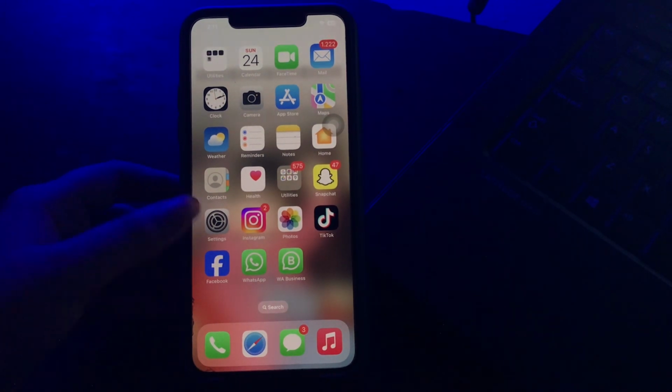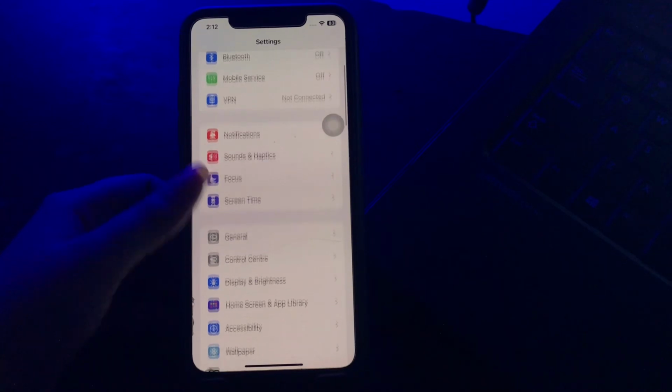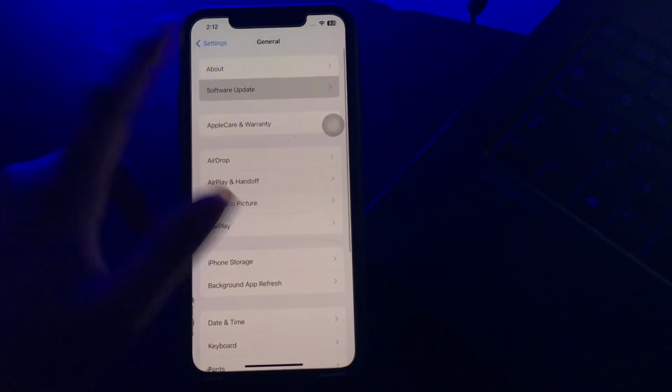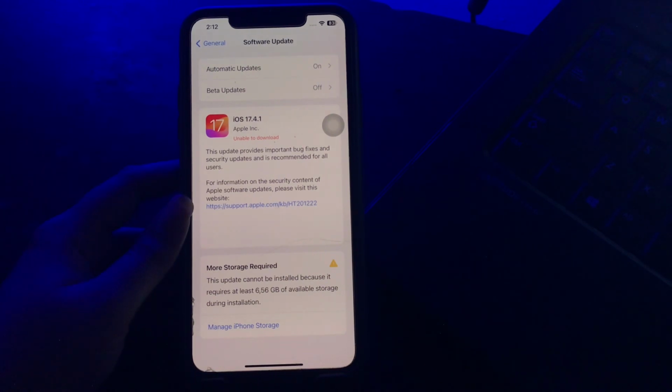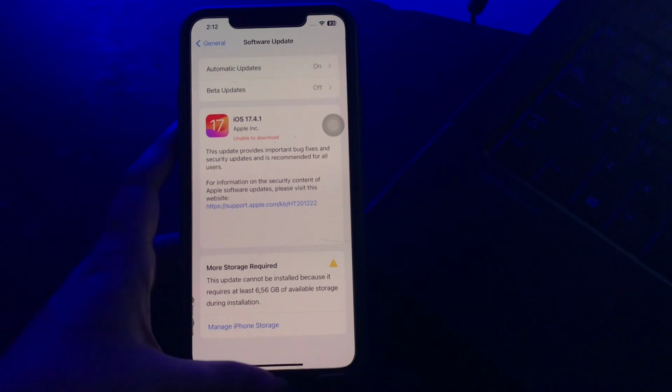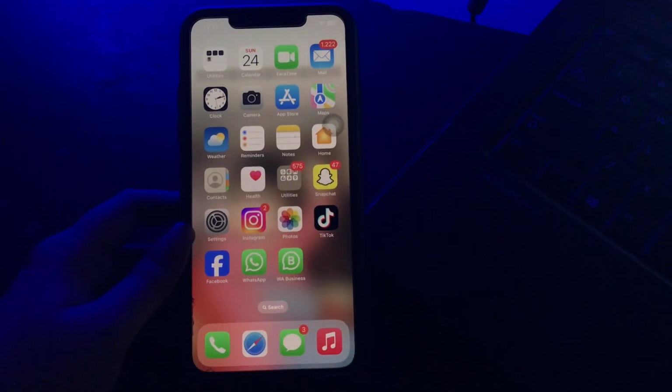For this, go to Settings, scroll down and then tap on General. Next, tap on Software Update. Wait until the page is loading. See if there is any update available, then tap on Update Now and update to the latest version of iOS, and you are done. I hope this solution will fix your issue of edit or unsend messages not working on iPhone,